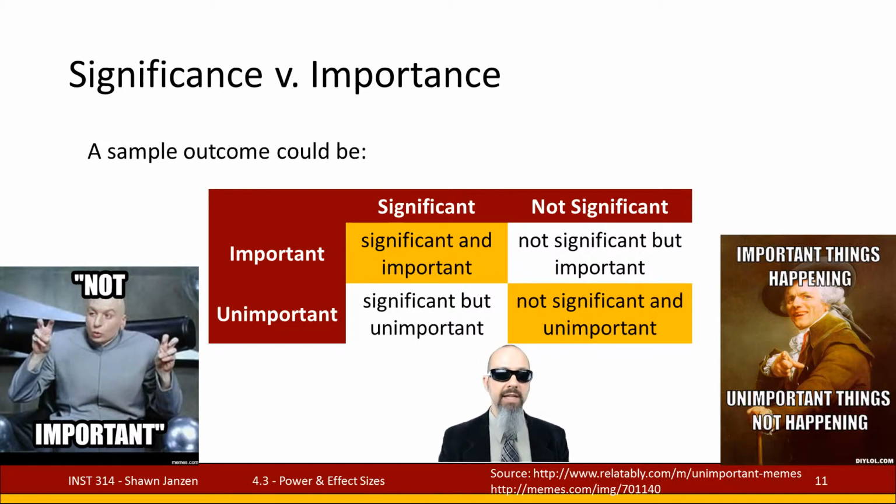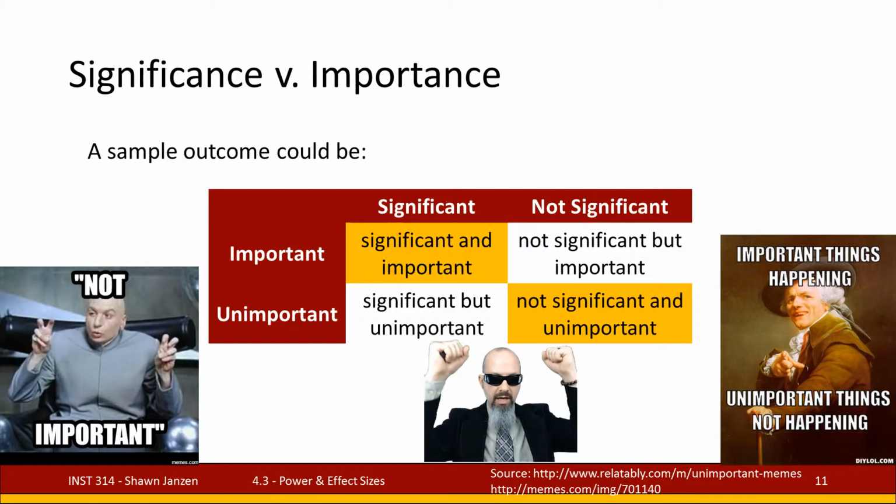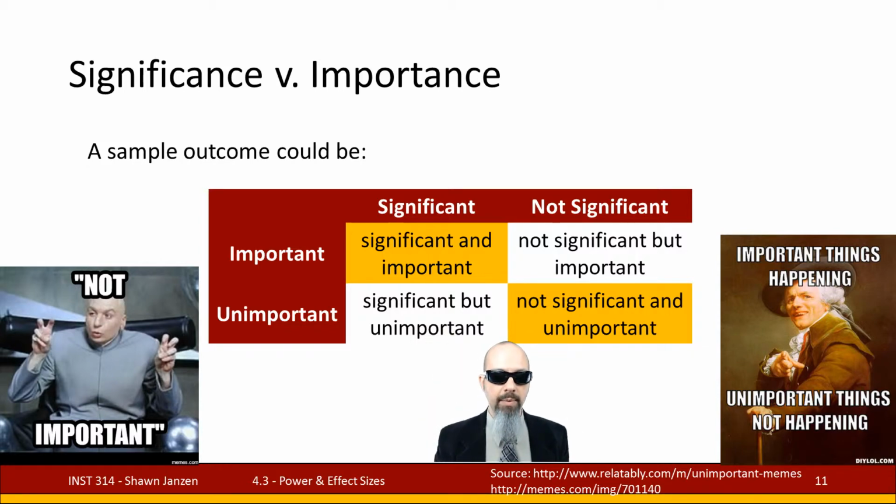Again, we've got the classic 2x2 table, and on the rows we have if we are important or not, and in the columns we have if we are significant or not. Now, if you are significant, statistically significant, and your findings are considered important, huzzah! You are probably going to have a trending topic. Somebody wants to know what it is you found. Yay! If you are significant but unimportant,